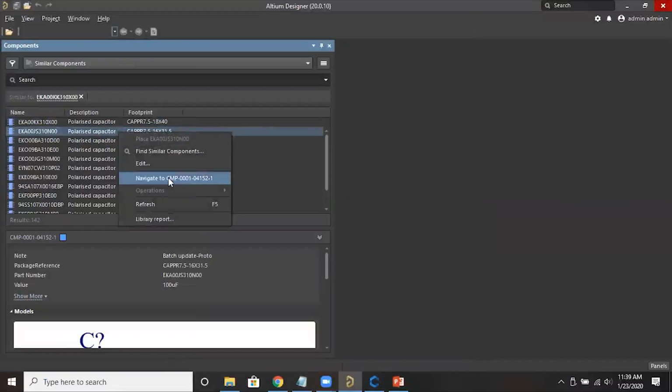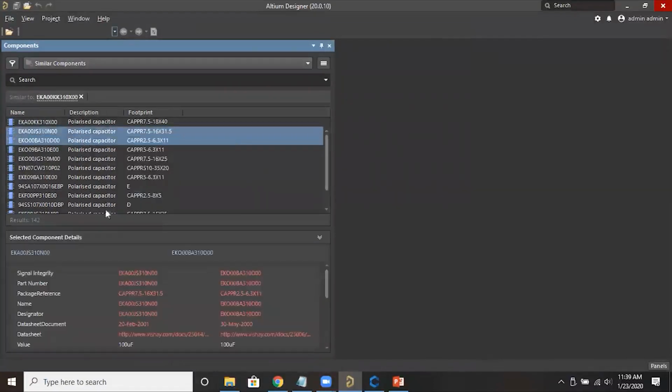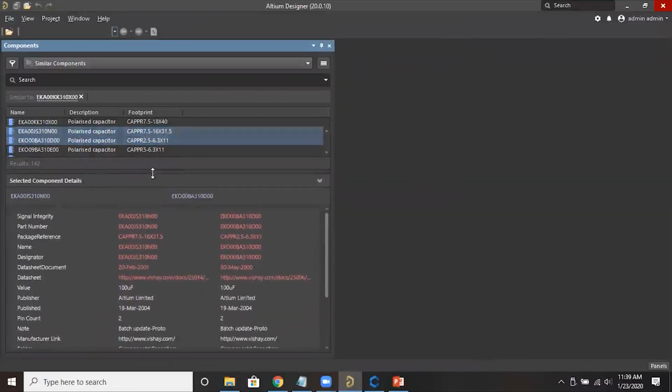If you want to navigate, it will go to the library where it is located. That is part search. And as I said, we can compare. Selecting two components, the same way as for a manufacturer part search, it will compare the list. That is our online library, but this component is on your Concur Pro server, your library server. In that also you can compare the components, so that we can confidently select the one component you are going to use in your design.